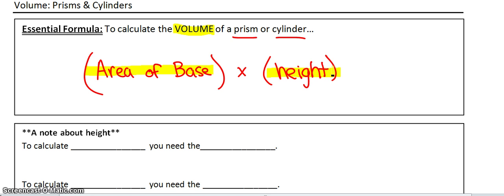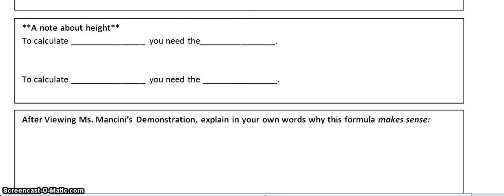Okay, and that'll work for any prism or cylinder because the shape of the base is consistent all the way to the top. So like if you're doing a cylinder, it's a bunch of circles stacked on top of one another. Okay, something to note about the height is, and this is something we've already learned, if you're calculating surface area,